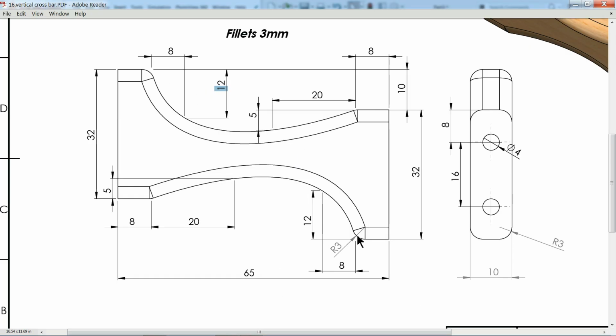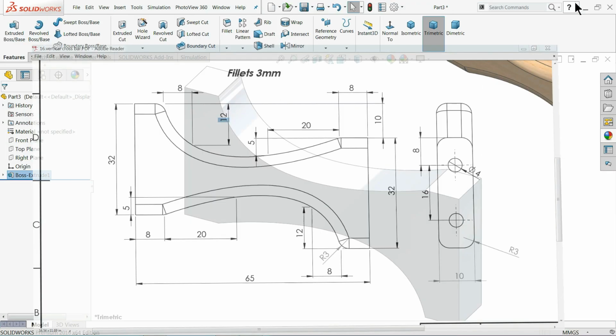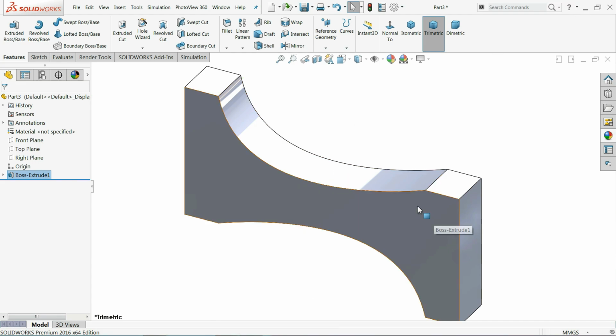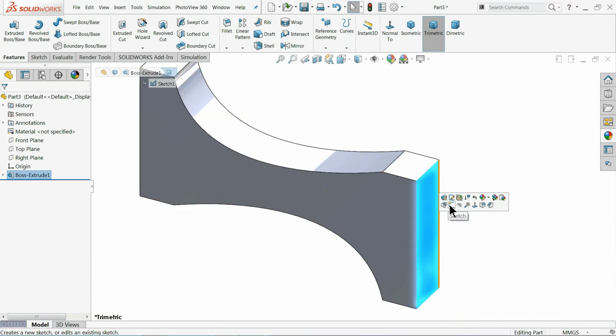Now here we need to make fillet, and these two holes, both side this hole 16, center line 4 millimeter hole, and 8 millimeter from above. Then this fillet 3 millimeter, all area has fillet 3 millimeter. Now let's make the holes first.